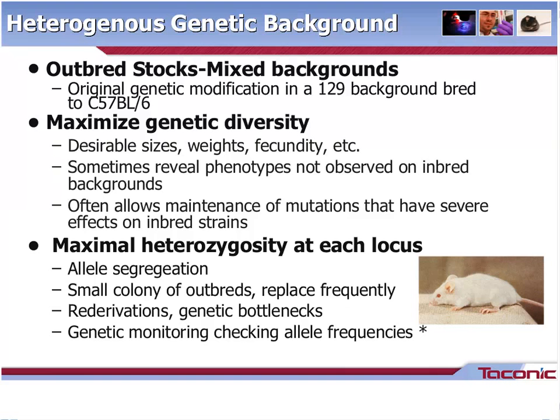and these mice usually have more weight than inbred strains. They are healthier and easy to maintain. There is allele segregation because obviously there's heterozygosity in different alleles, and therefore they need to be bred in such a way that we can maximize the level of heterozygosity